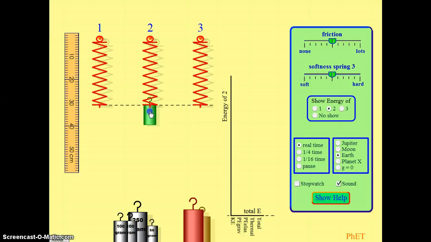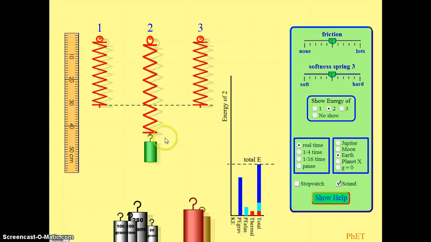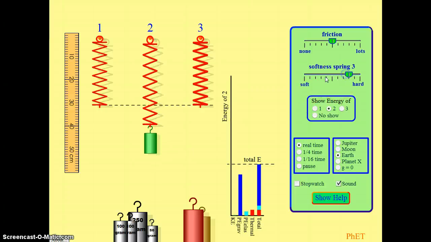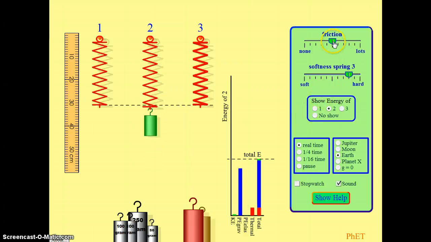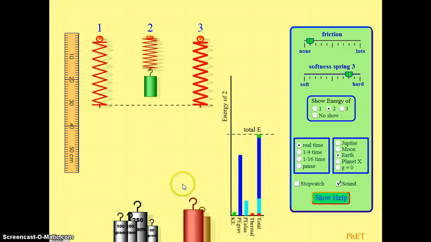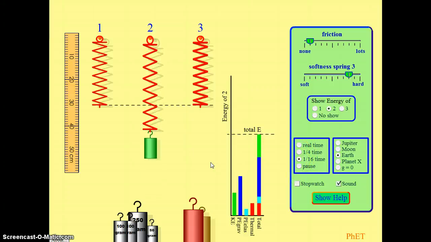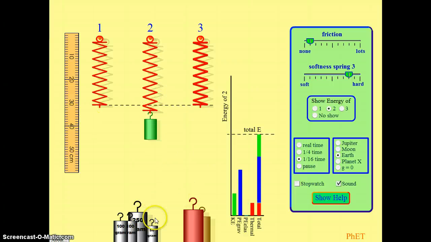I'm going to hang a mass onto the spring and it'll bounce. I can change some features of the spring. I can oscillate it. I can reduce friction. And my students can graph this. They can change the time so that they can really slow it down, so they can analyze it much better. We've got the ruler again, and how this is set up